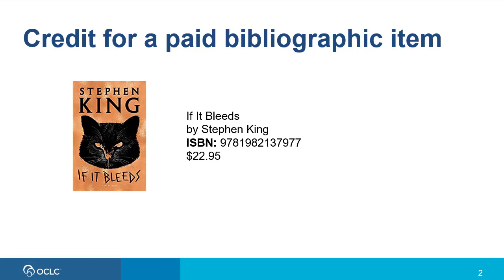I'll go through the steps to process a credit for a bibliographic item in Acquisitions so that you can apply the original funds spent to the remaining balance for that fund. To create a credit, you'll essentially be creating an invoice with a negative amount. And when you pay this credit invoice, you'll be adding that amount back into the fund in your budget.